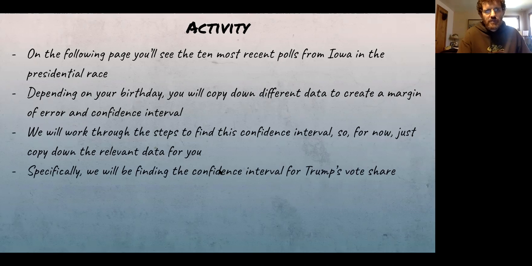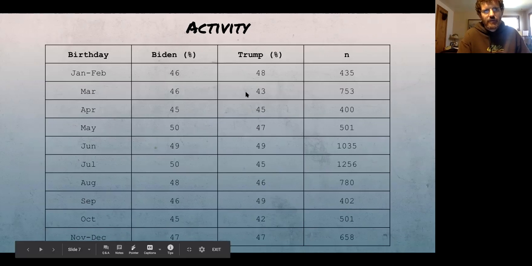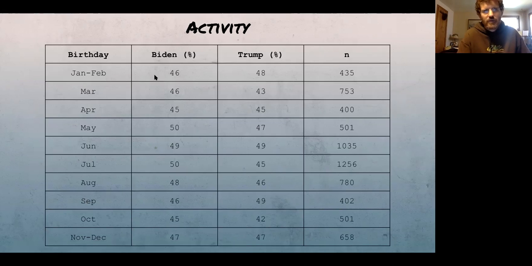Now we're going to specifically be finding the confidence interval for Trump's vote share. So we can just jump to the table now. You can find your birthday month and copy down the relevant data. So if your birthday's in January or February, then all we're interested in is a confidence interval for Trump's vote share, which is right here. So you really don't need Biden's number. I just threw it in there to show that these are the poll numbers, but we're going to be working in,